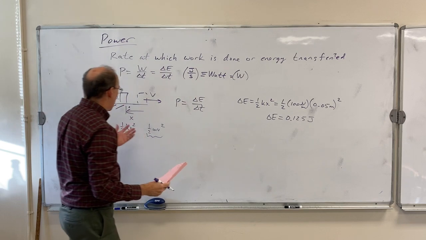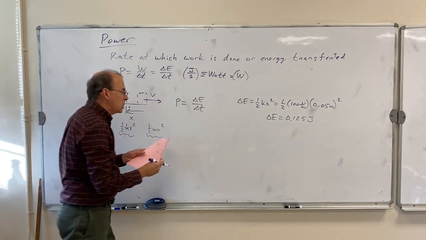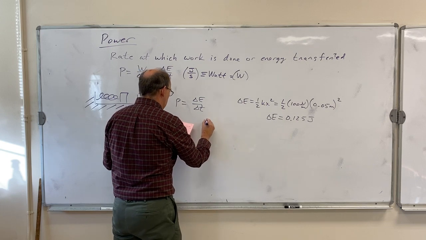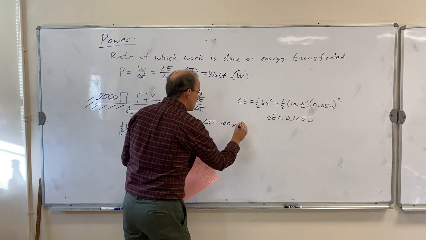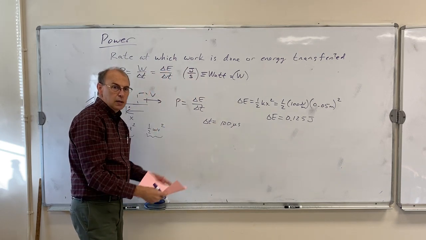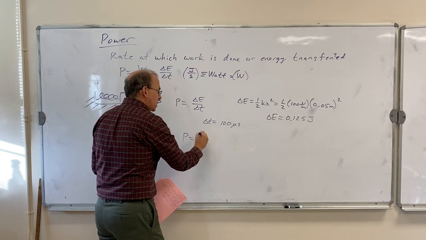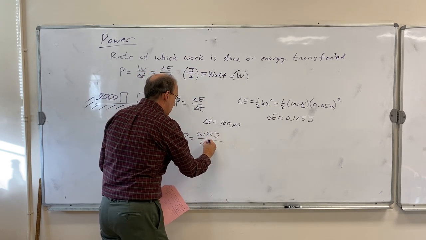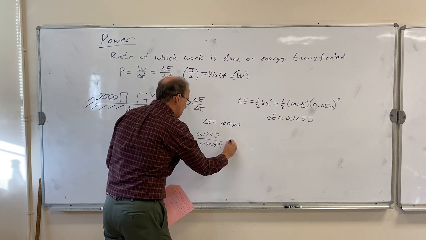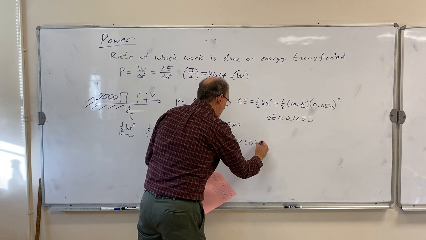I didn't give you a time in the example, so now I will. Springs release energy really quickly, so I just guessed that the time was maybe 100 microseconds that it takes for a spring to go bang, because that's really quick. So this would be 0.125 joules over 100 times 10 to the minus 6 seconds, and that is 1250 watts